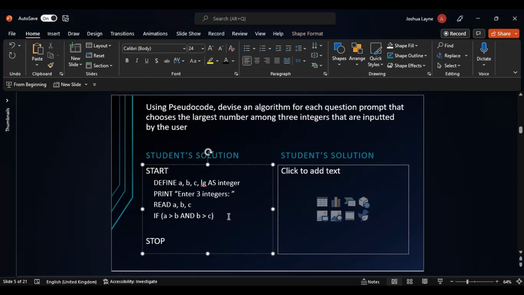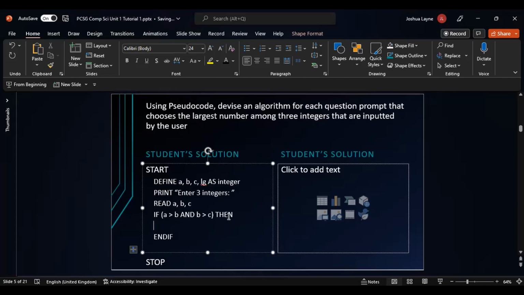All right, so back to your conditional statement. What would you put inside this if statement? LG equals A, then else